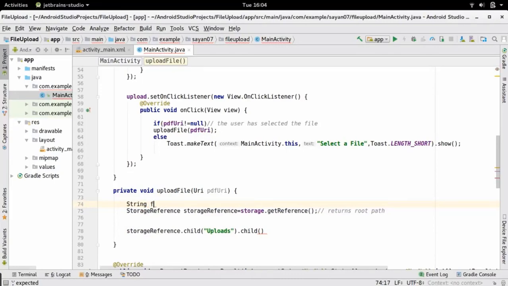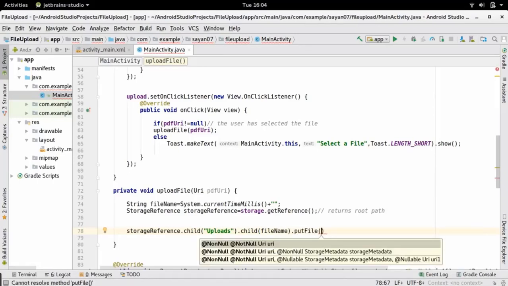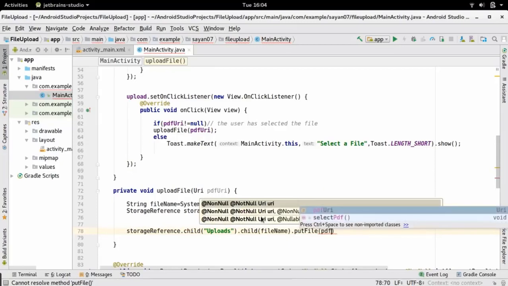To get the current time, write System.currentTimeMillis and cast it to string. Let us use this file name as the subdirectory and then use the method putFile and pass the corresponding URI, which was PDF URI.